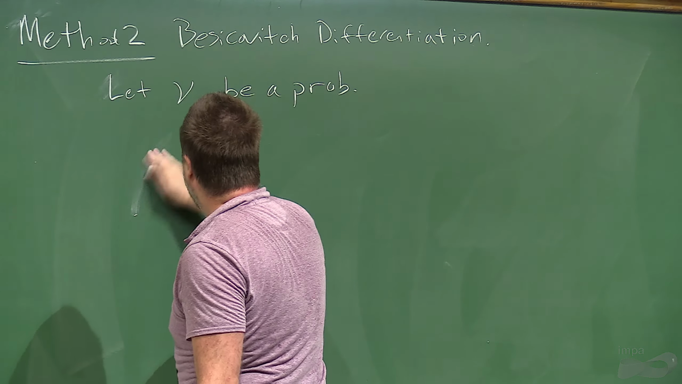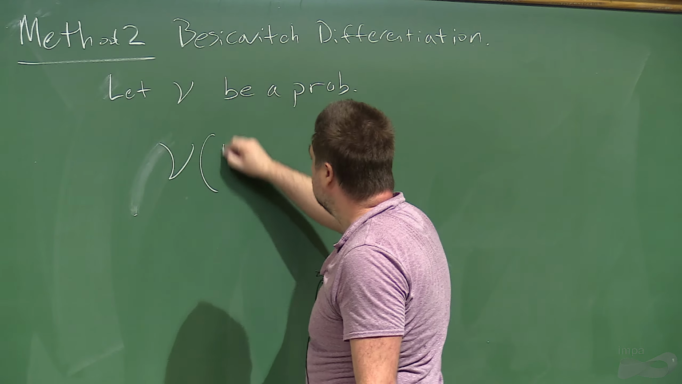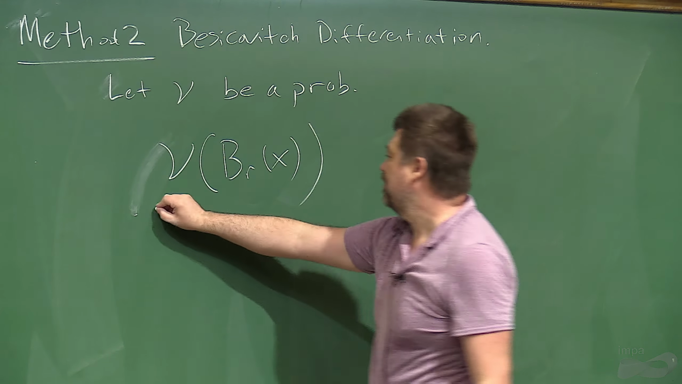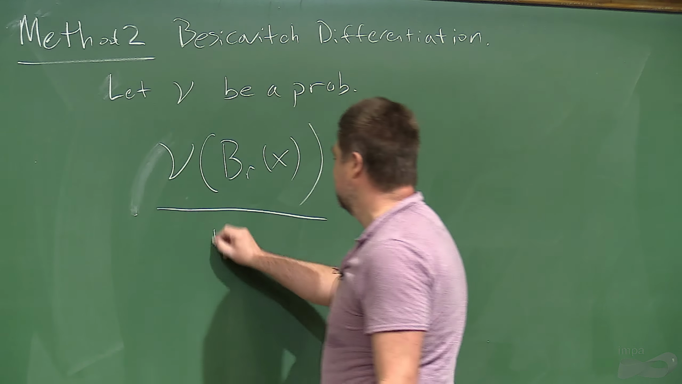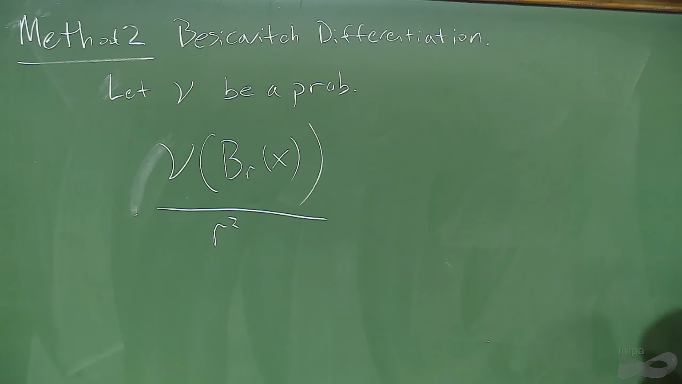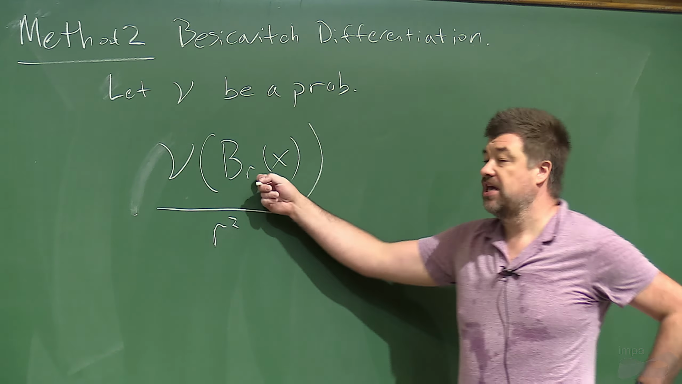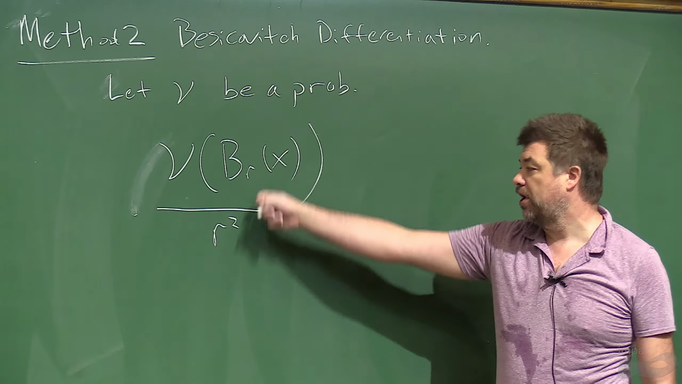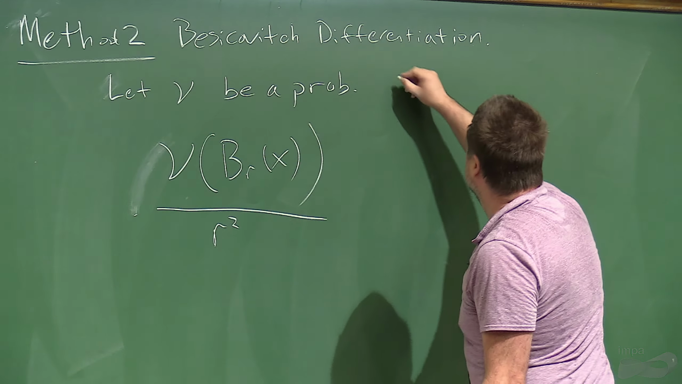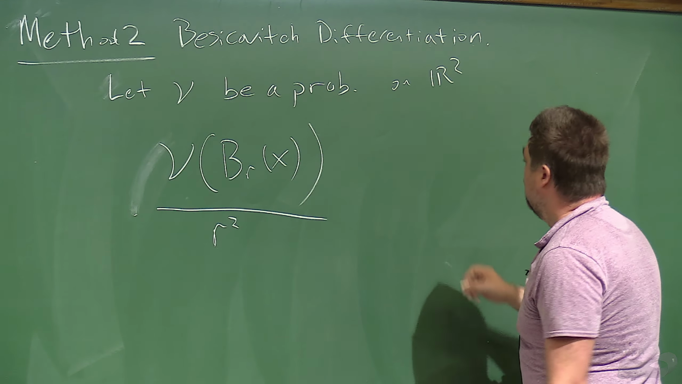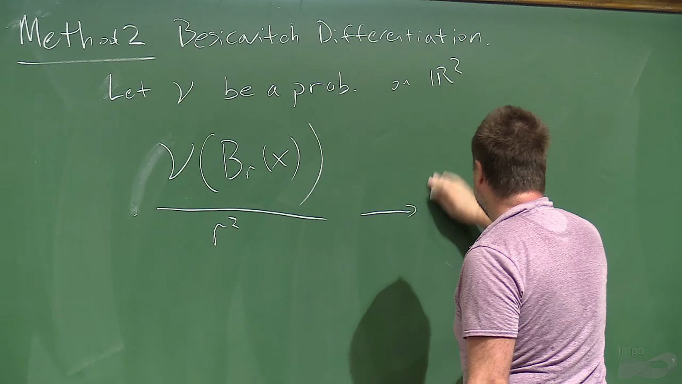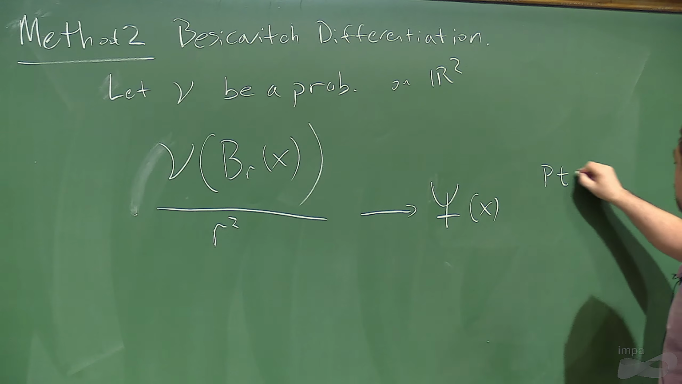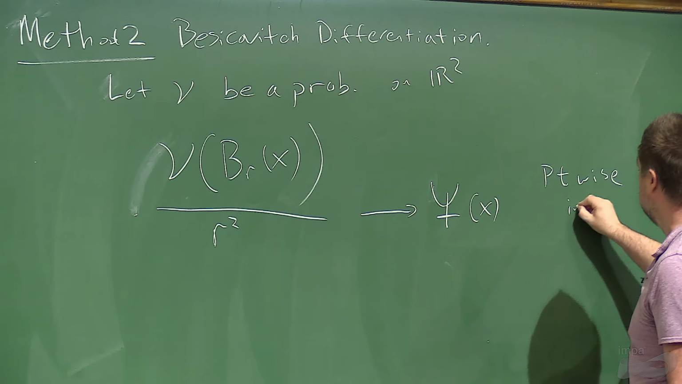And let's consider the mystery measure of an r ball at x divided by the Lebesgue measure of an r ball at x, and the Lebesgue measure of an r ball at x is r squared. Maybe there's a pi, but I don't care about this. And you examine the behavior of this as r goes to 0. So this is the mystery measure of a ball, this is the Lebesgue measure of a ball, I'm in R2. And this thing converges to some function. It will converge pointwise, and it will converge in L1